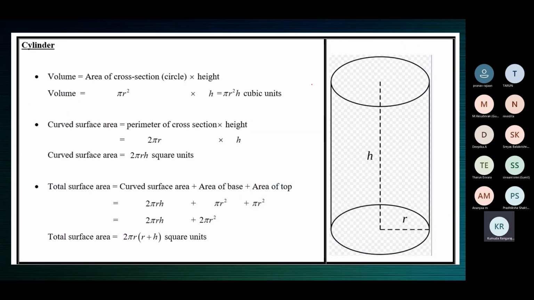Yeah, Pranav Rajan, please tell me the expression again. Ma'am, 2 pi r height plus pi r square, ma'am. That we must use if it is a tumbler, ma'am. Correct. Yeah, correct. Thank you.